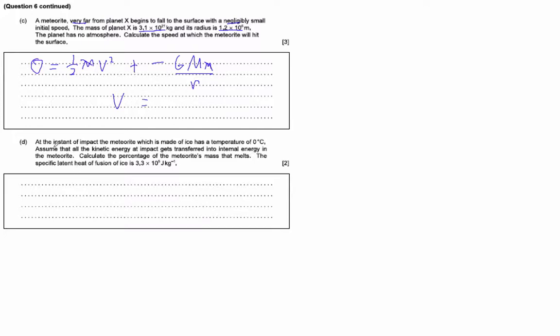And then the second thing it says, the instant of impact, the meteor, which is made of ice, has a temperature of 0 Celsius. Assume that all the kinetic energy gets transferred into internal energy, that is, it melts. Calculate the percentage of the meteor's mass that melts. So what you're going to do is you're going to say 1/2 m of the meteor times the velocity, which you figured out here, squared, is equal to